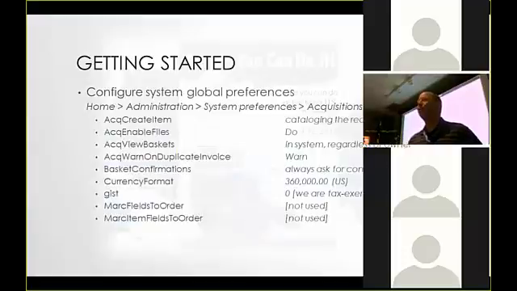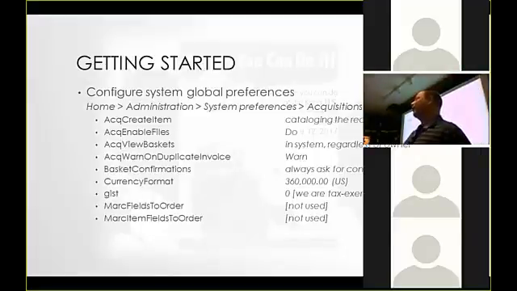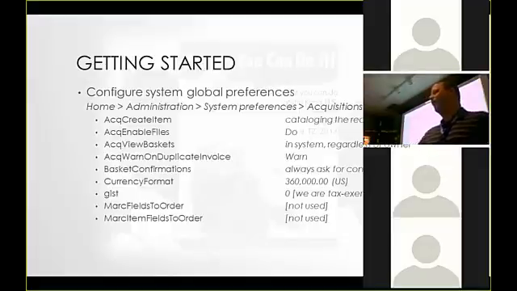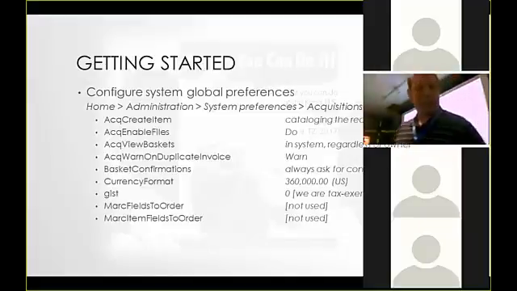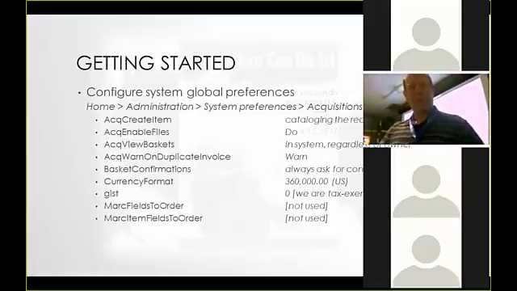Finally, system global preferences. A lot of these are set up here to prevent the creation of things like items because we are running acquisitions in its own Koha instance. It's got the public catalog and its stack support. Acquisitions is running on its own two sets of ports. The most important of these that we feel are the one that warns about as well as the ability to do that regardless of owner and the ability for the system to warn about the basket from closed to open